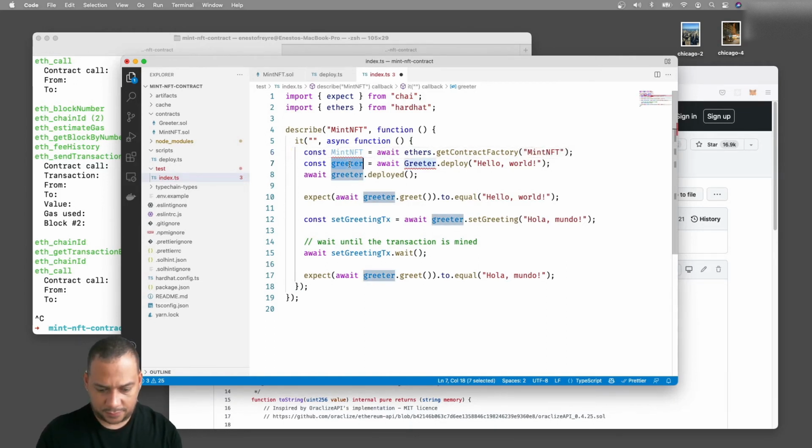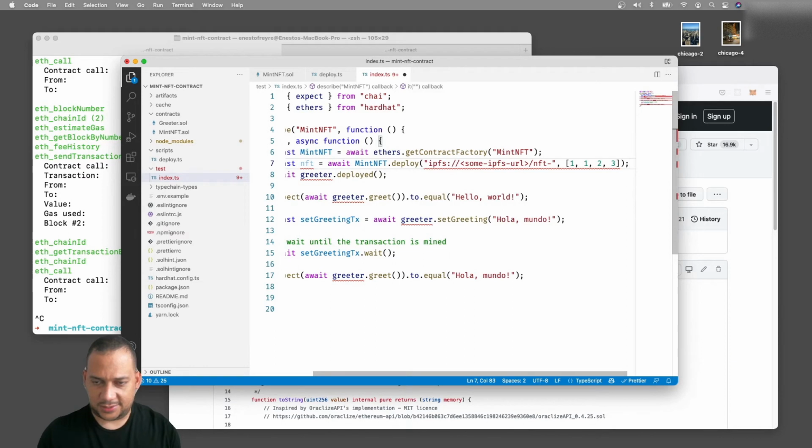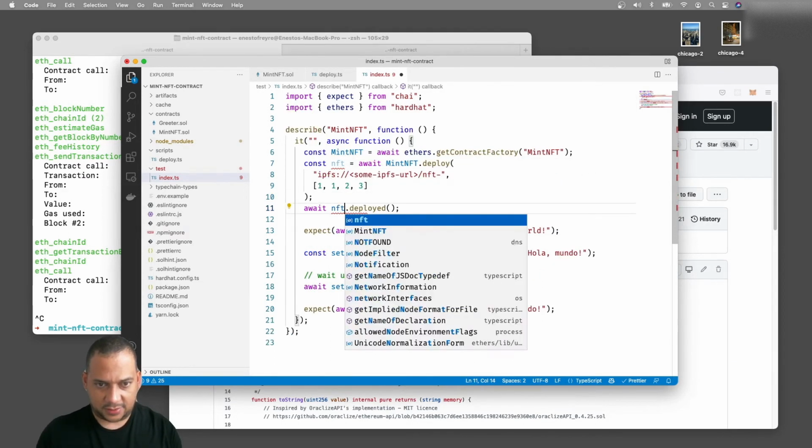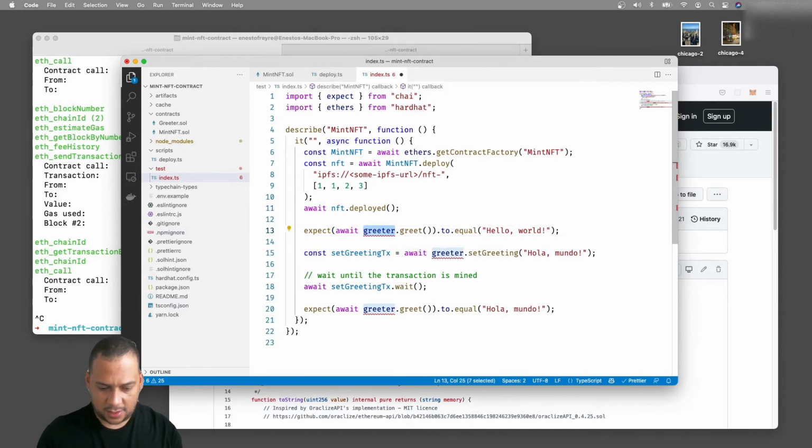So this is just deploying the Mint NFT contract. Remember, we need to specify a URL for the metadata and some quantities. And we will wait for this contract to be deployed, and then we will check the URI, and we will check that that URI equals this.